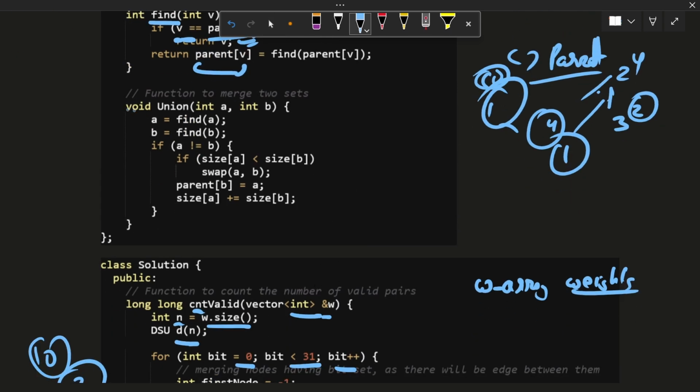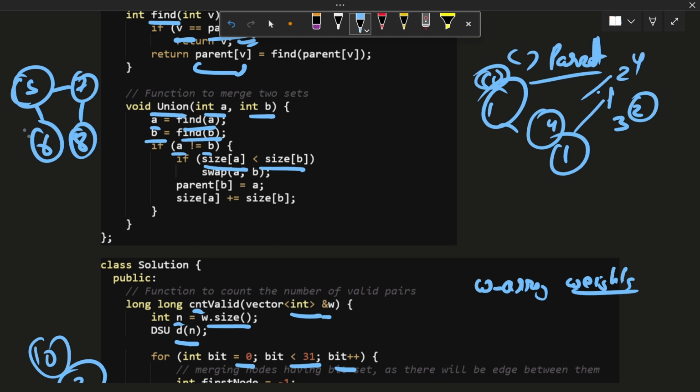Now here's our union function. With the help of this union function, we will be adding two different sets, or two nodes, we can say. Now firstly we will find the parent of each node, and we will check if these nodes are not equal. And now we will compare which node's size is greater, right? If the size of one of the nodes is greater, what will the size of the node represent? If that node forms a prior set, like here node 5, let's say it forms a set, and the size of this set is greater than the set formed by another node,